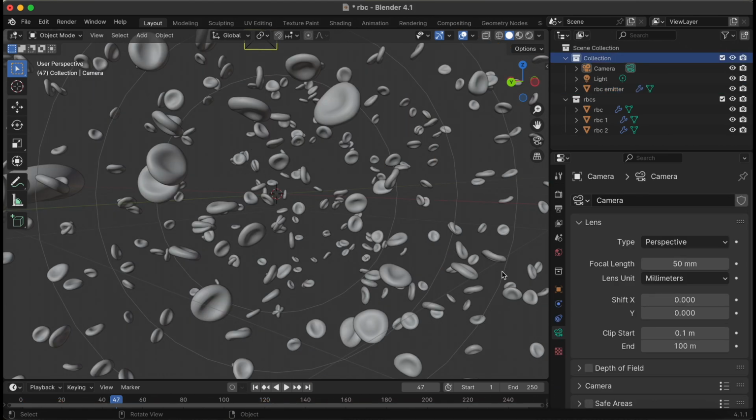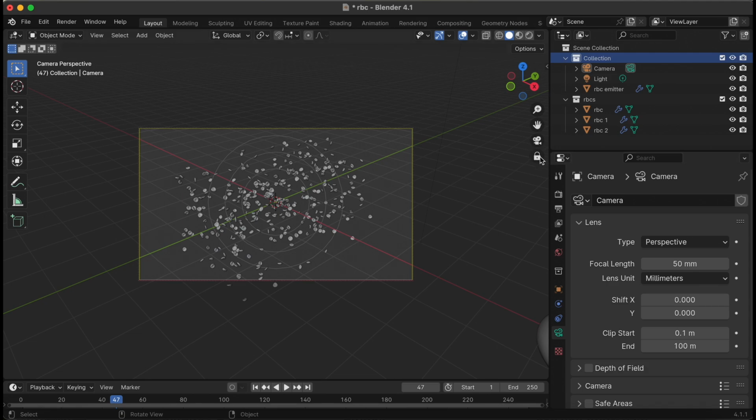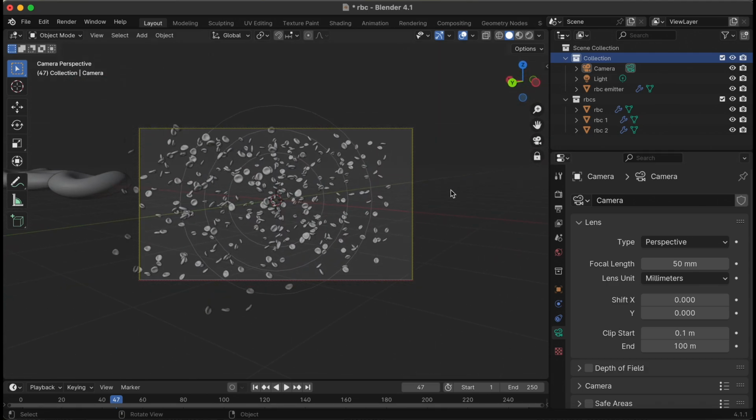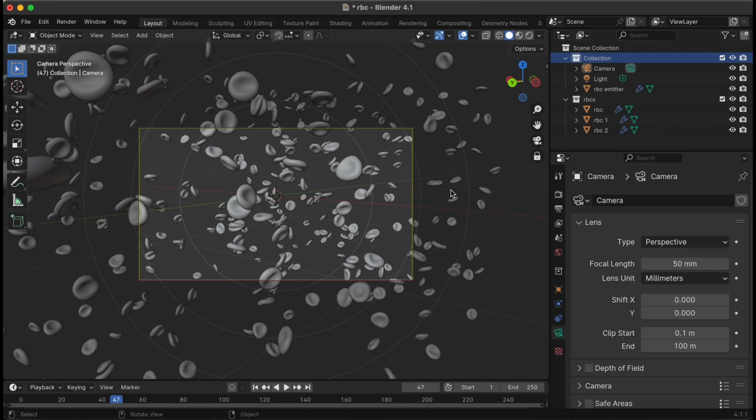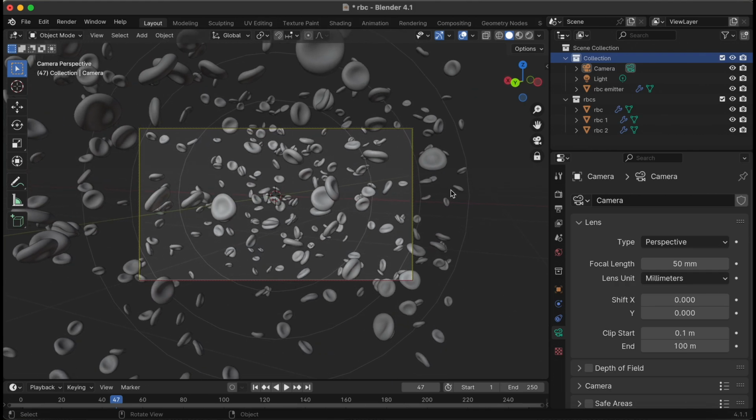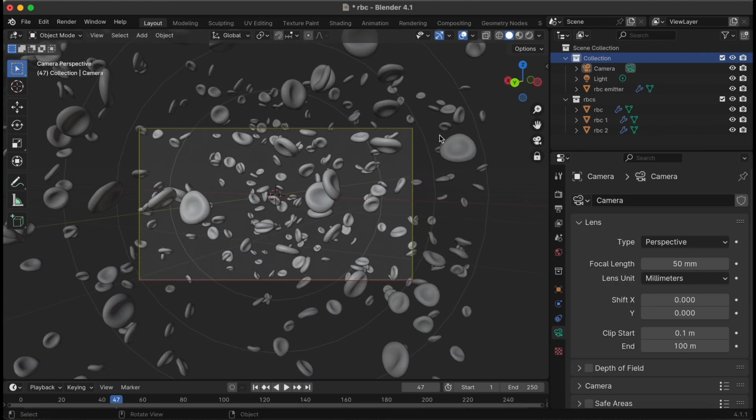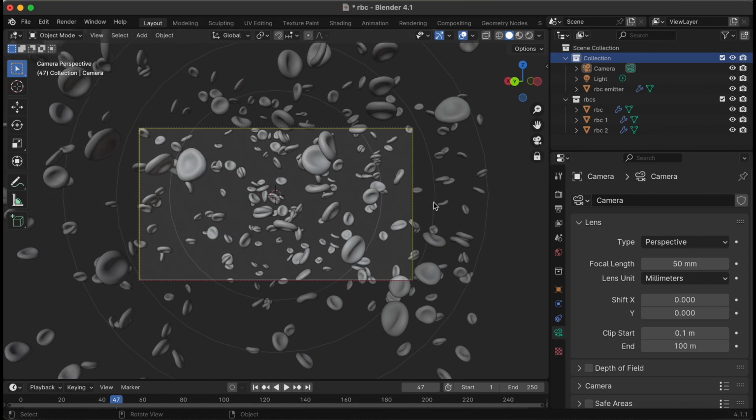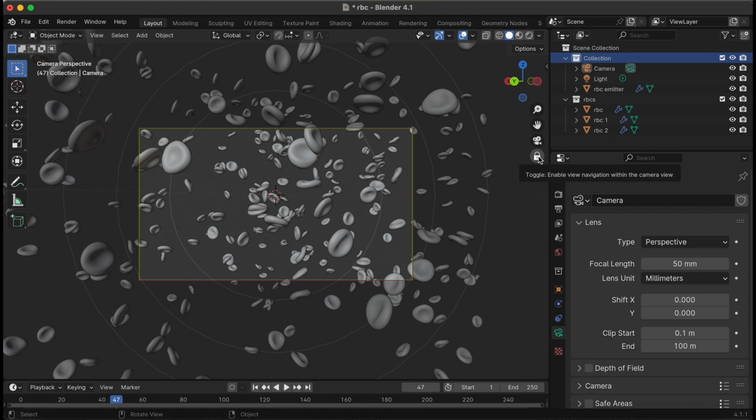Okay, now that we have our basic setup, we can start by aligning the camera to a view or an angle that we'd like to render from. So I just do that by selecting the camera, locking it to view, and then picking an angle that I would like to render from. This seems pretty good. I think I'll go with that. If you need to change it, you can always change it later. But just to get an idea of how it's going to look and what you would like to render.